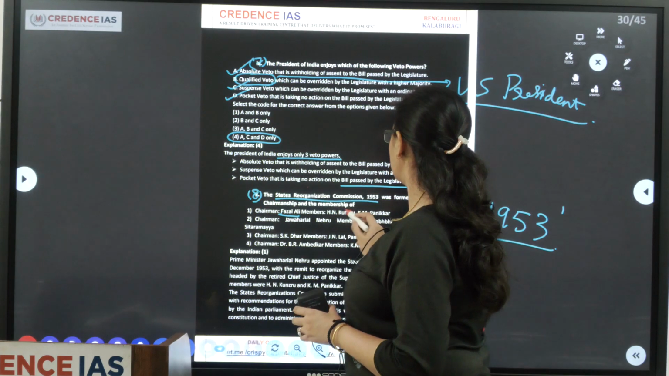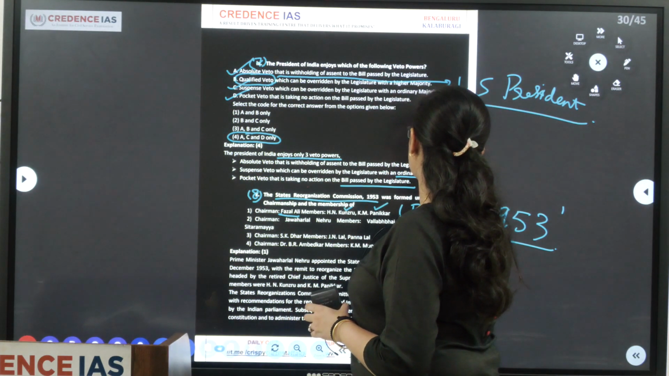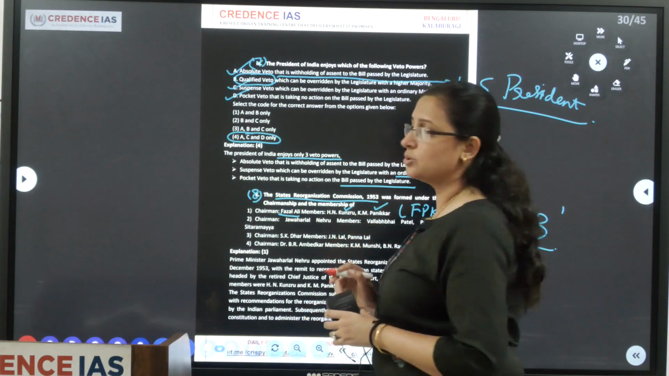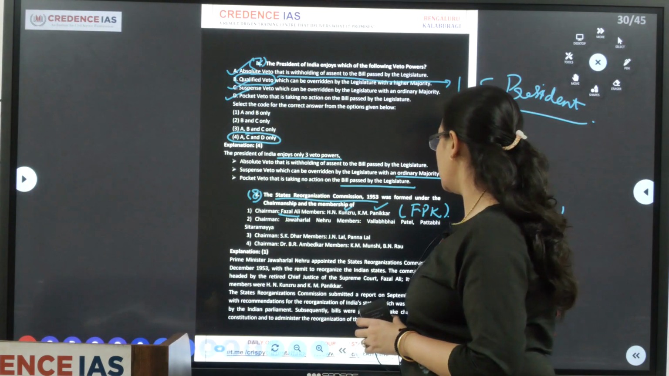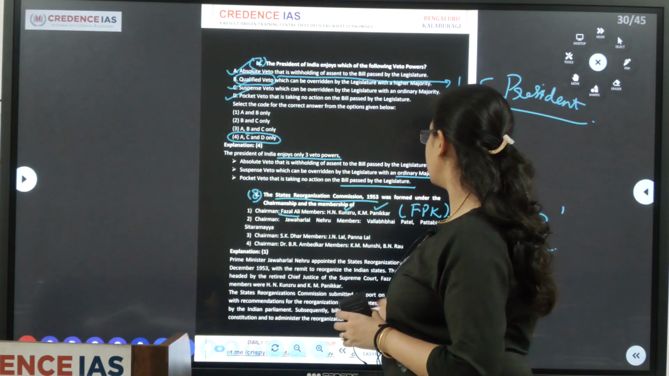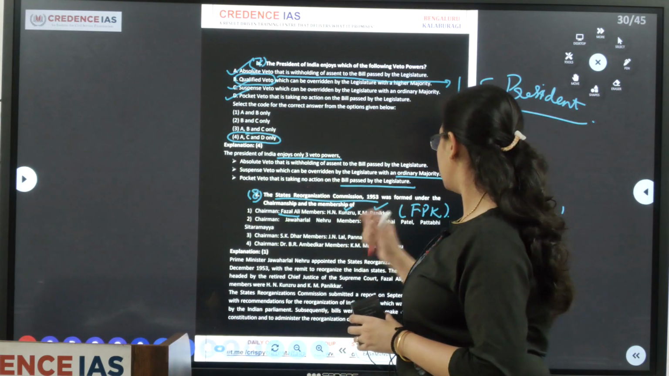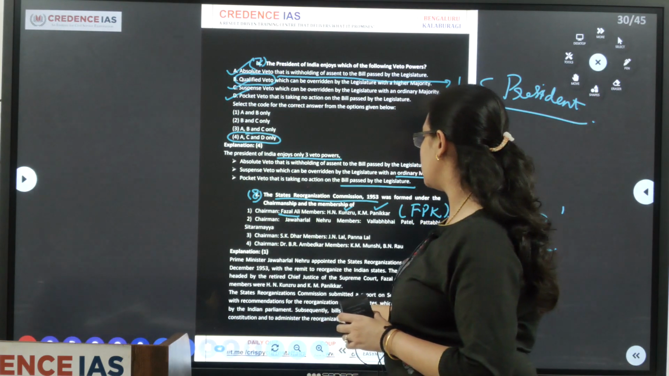Then the members were Kunzru and Panikkar. It is called the FPK committee: Fazl Ali, Panikkar and Kunzru committee. This committee submitted its report in 1955. Based on the recommendations, bills were passed to make changes to the Constitution and to administer the reorganization